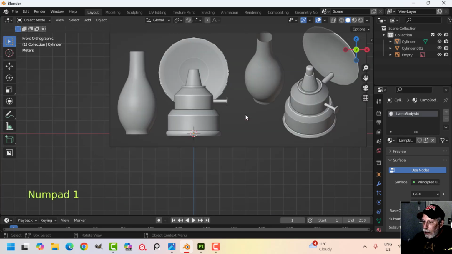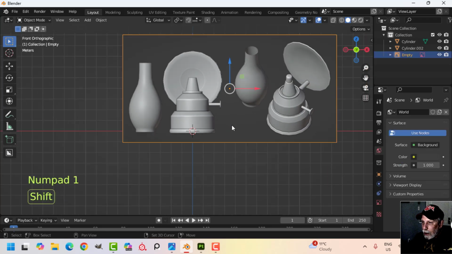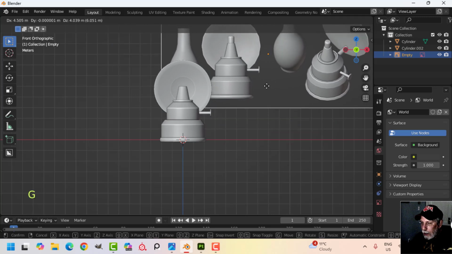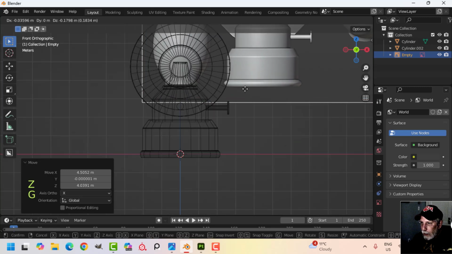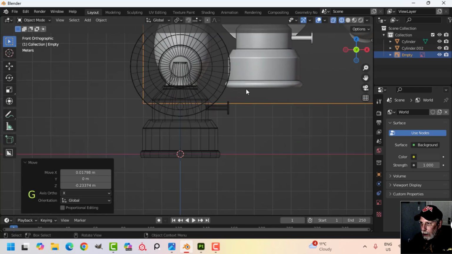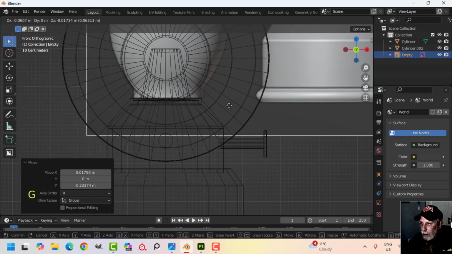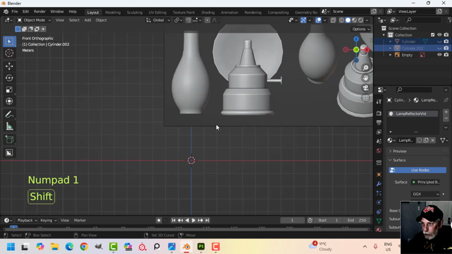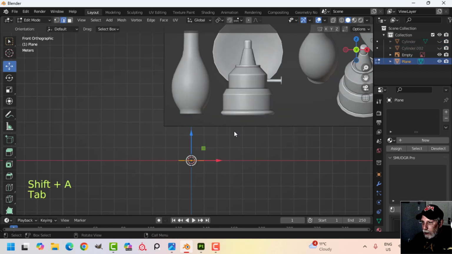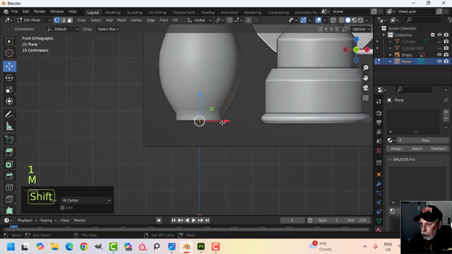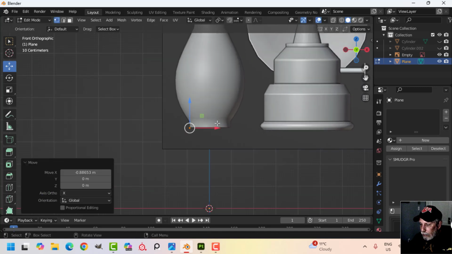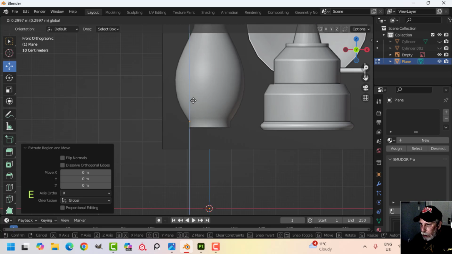All right, so next what I'm going to do is I'm going to take the reference image, and I'm going to press G, and I'm going to go into wireframe and just try to position this kind of in the middle where it's going to go. It's going to go like that. I'm going to hide this stuff, and we'll just start building. So I'm going to bring in a plane and bring it up and merge at center. So I have just the one point. I'm going to pull it over like this, and I'm going to E to extrude,